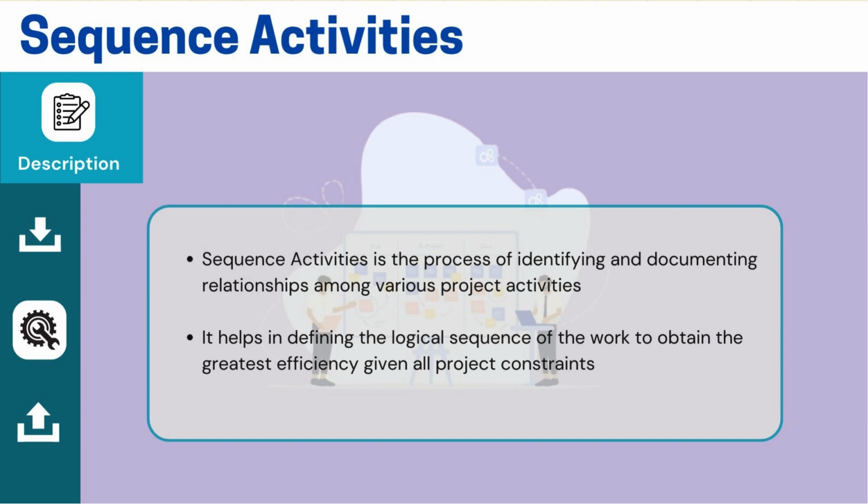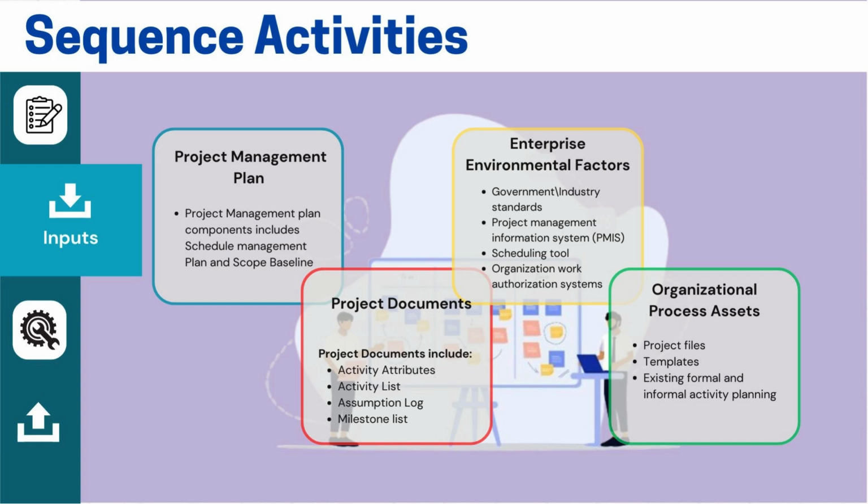While doing this, we should refer to key inputs. The first is the project plan, which guides how we sequence the activities. The plan is important because it provides an approach to organizing them. We also need to refer to the scope baseline since activities are based on the project scope. Additionally, project documents like activity attributes help us understand key details about each activity, including assumptions, complexity, preceding and succeeding tasks, and other related factors. The activity list is crucial, along with the assumption log, which contains assumptions related to activities and milestones. This helps in sequencing activities to meet milestones.